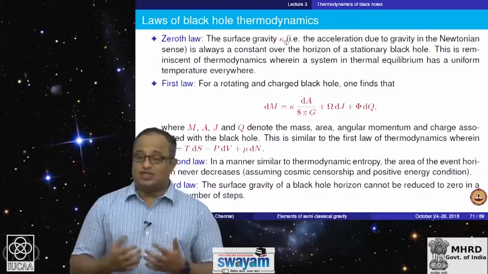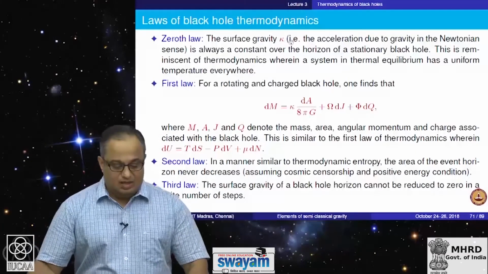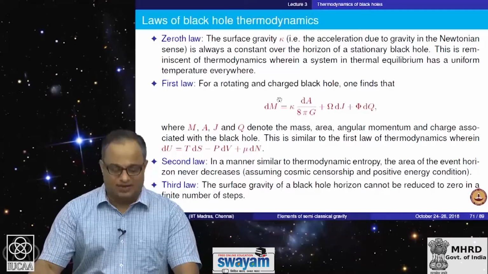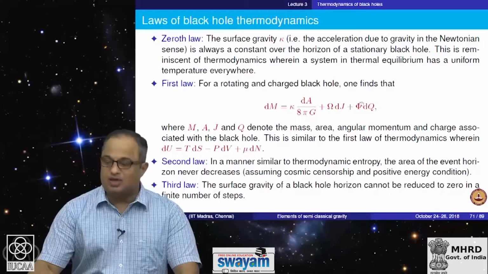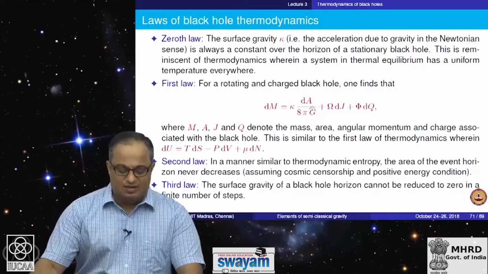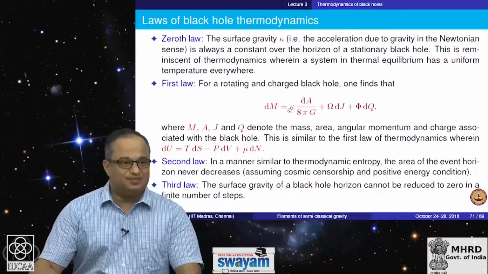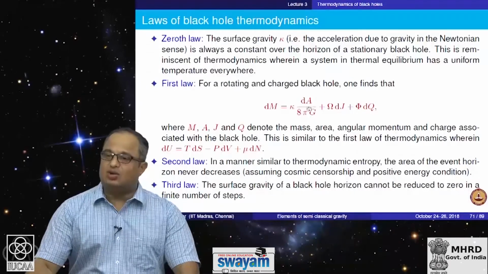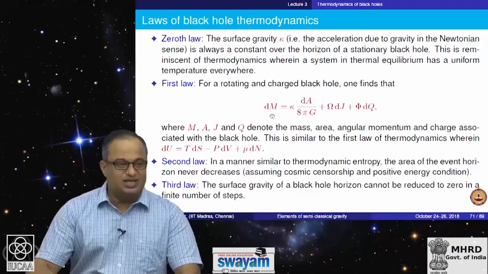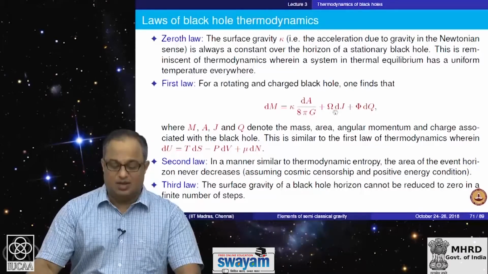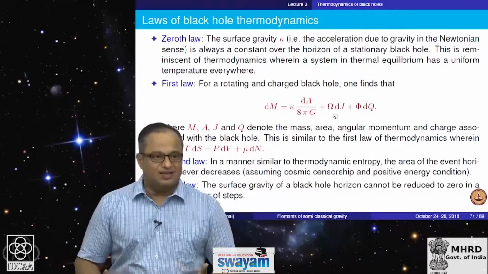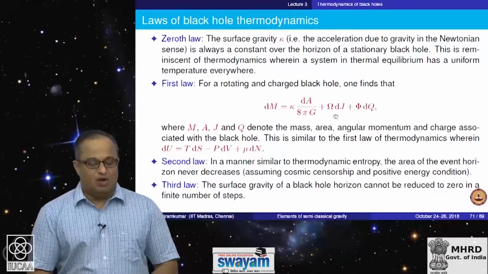And there is also a first law. Notice this is the change in the mass of the black hole, dM, on the left hand side. This is angular momentum, this is charge, etc. So, for instance, dA, kappa is like the temperature, and we have already discussed as to how the area behaves like the entropy. This is like dE equals TdS plus possibly PdV, and there can be different kinds of work that can arise. So, this is like the first law of